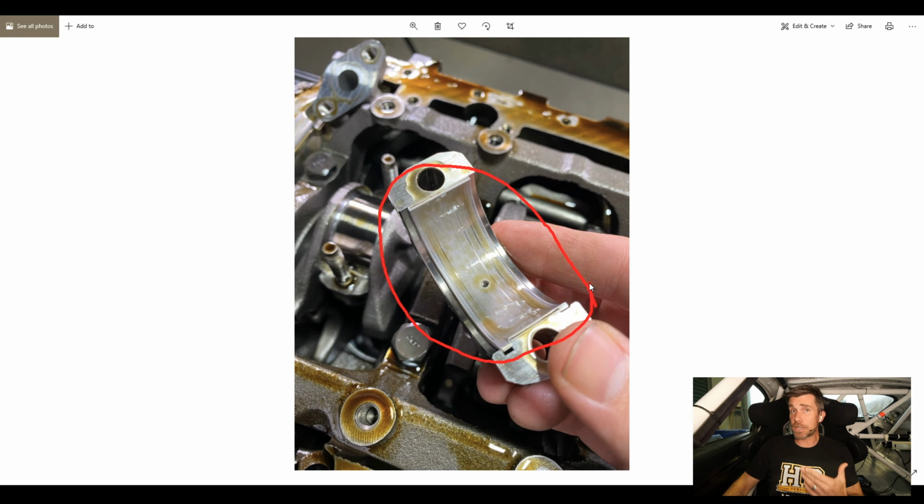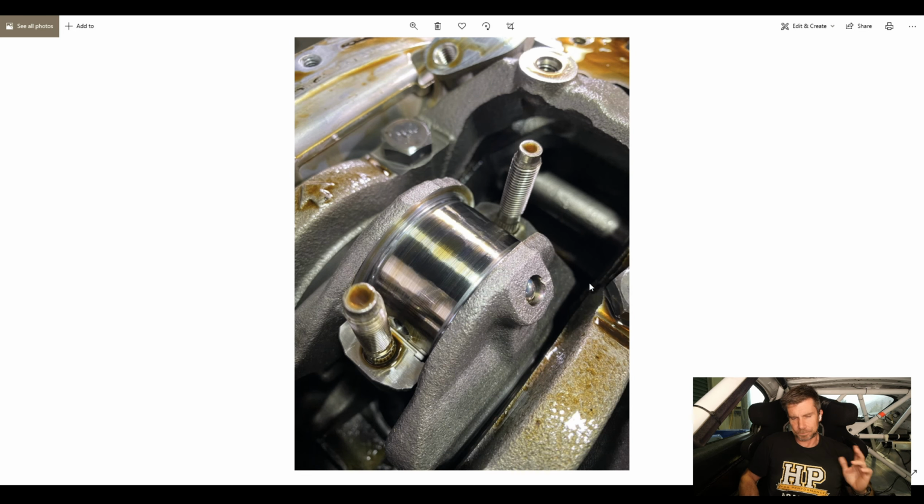So the other important aspect to mention here is we are at the moment inspecting the cap. There's a lot of valuable information that will come from the bearing on the cap, but because this is on the underside of the connecting rod, this is the less highly loaded side of the bearing shell, so it's always a good idea as well to inspect the bearing shell that sits on the body of the connecting rod, because that's the one that's actually being forced down under high load during the power stroke, so that's the one we actually want to inspect more thoroughly.